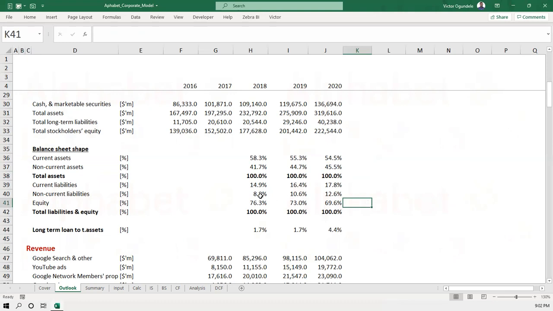At times there could be some changes, and that's why you need to go and ask what happened during this period. Current liabilities, you can see the non-current liabilities margin and their equity percent as well. You just try to see and understand that shape as well. And every other line item in the balance sheet, you can measure against the total assets.